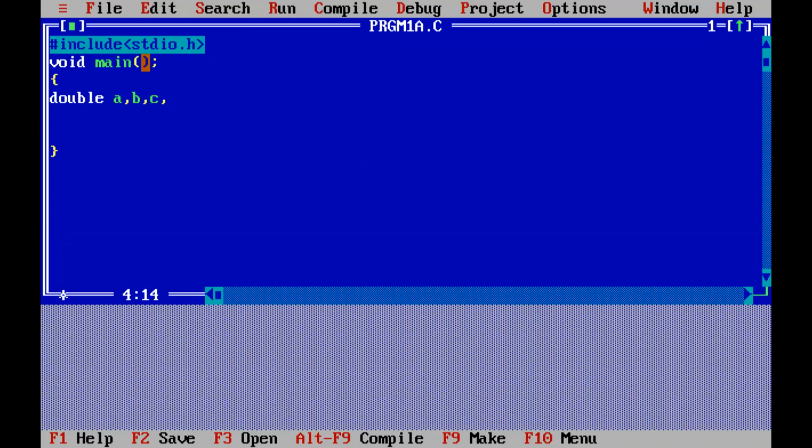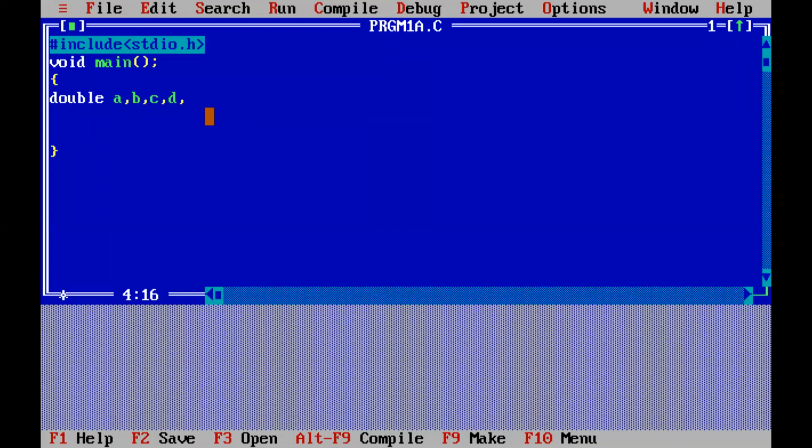And what is the next step? We will be calculating the discriminant. Discriminant, you can use any variable. For the time being, I am using only the variable called d in order to calculate the discriminant, which is calculated from b squared minus 4ac. After giving the three coefficients a, b, and c, we will be calculating the discriminant d. You can use dis also. If you are using a variable name, you should be careful that it is not lengthy. If you are using the full word discriminant, you may make a mistake. That's why keep it short.